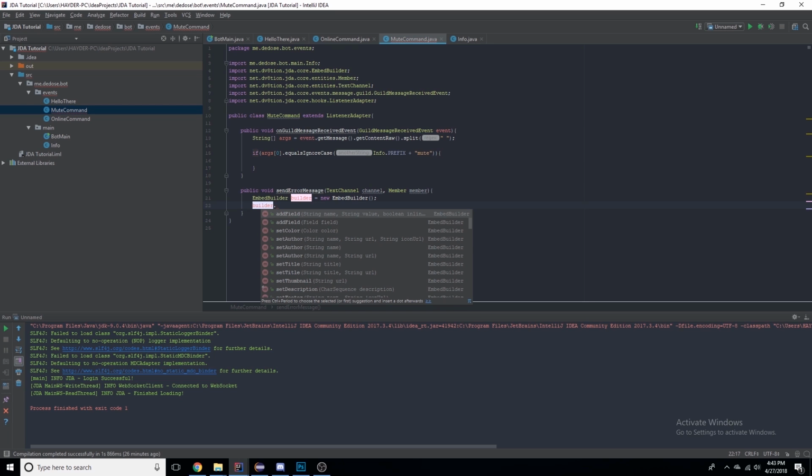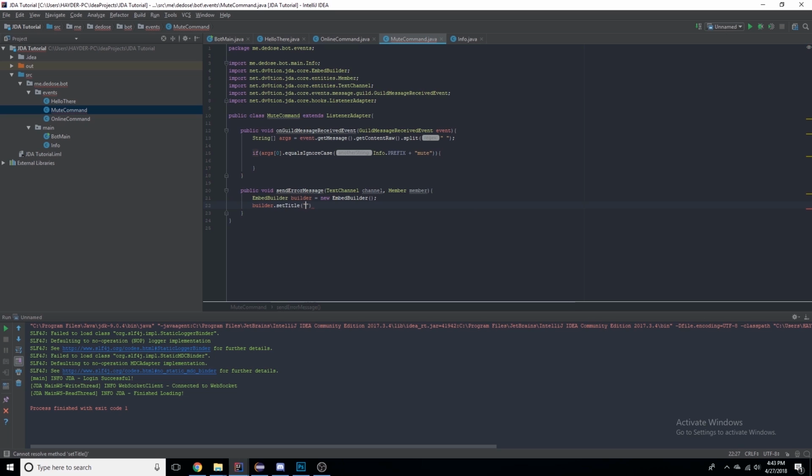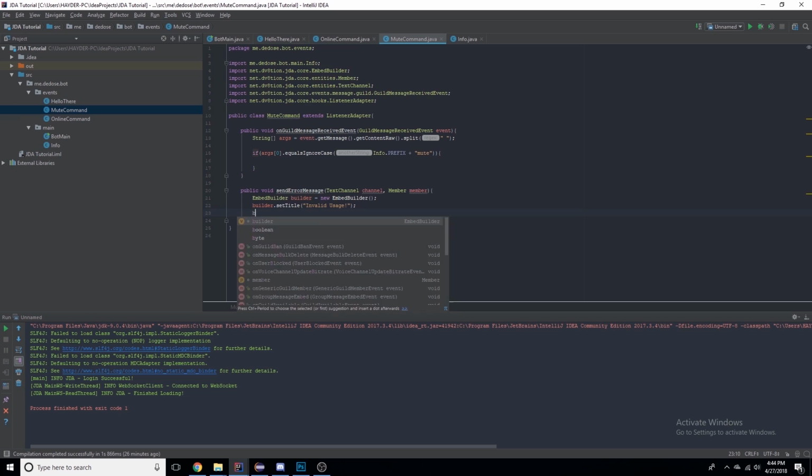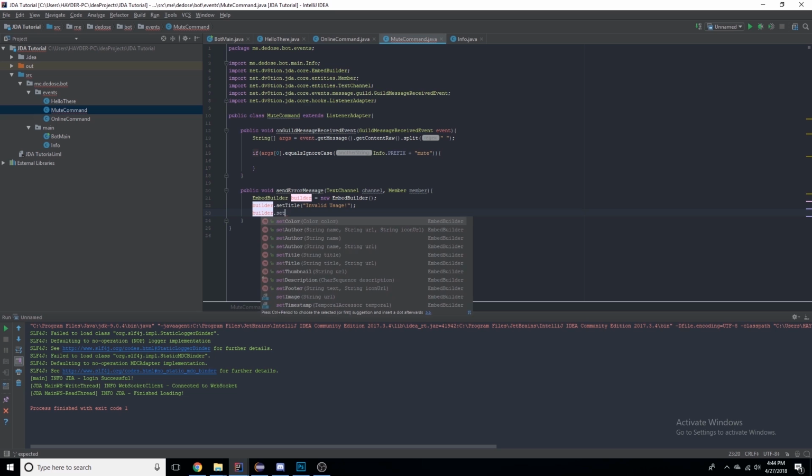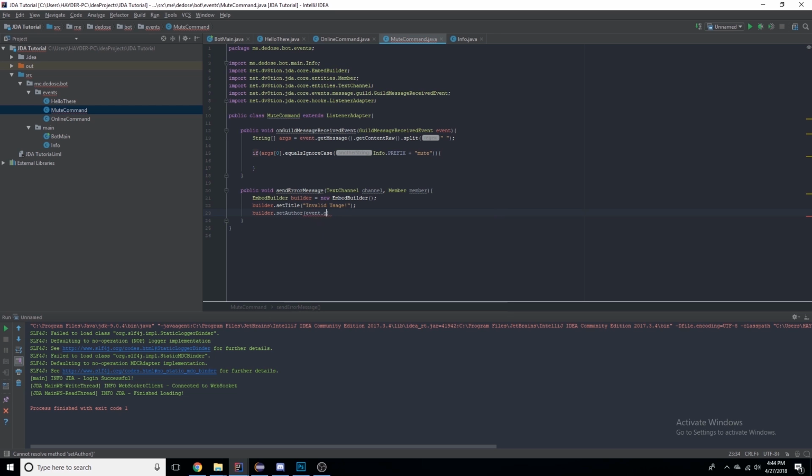So we're going to set the title to invalid usage. Builder. Now the reason I had member, you don't really need to do this, but it looks a lot nicer. Builder dot set author event.get